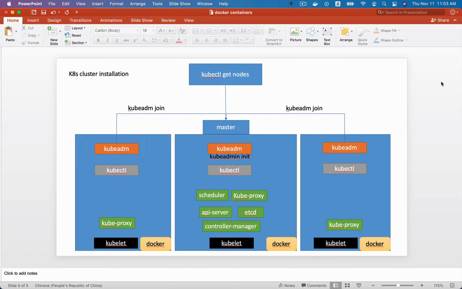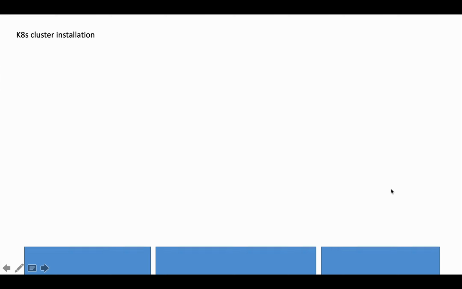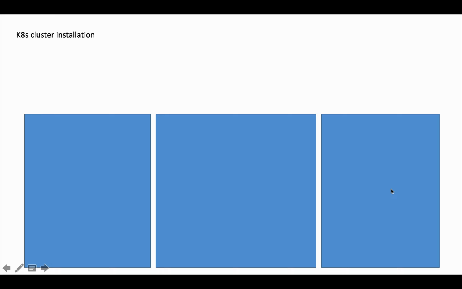In this lesson 24, we will study the Kubernetes cluster installation. So here let us look at this slide. We will introduce the installation process of the Kubernetes cluster installation here. Okay, so first we should prepare